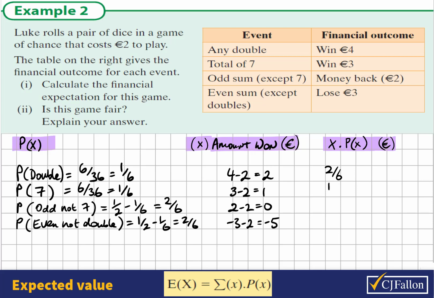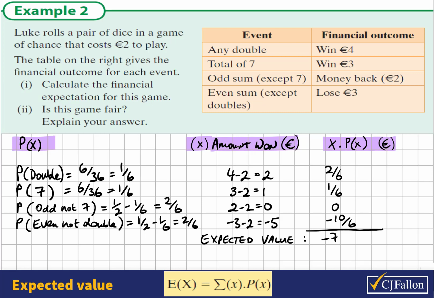I have 1 by 1/6, so that's 1/6. 0 by 2/6 is 0. And -5 by 2/6 is -10/6. So when we sum these, we have 2/6 and 1/6, which is 3/6, but take away 10/6 will be -7/6. So our expected win or value here would be, on average,